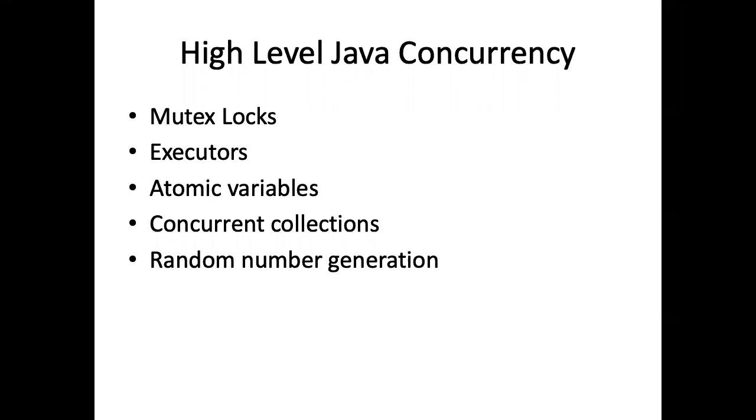But if you really need to get into fine-grained control and deadlock is an issue, then they gave you the option of using mutex locks. The second thing is they introduced this notion of thread pools and executors for thread pools, which we will be discussing today. Then they introduced atomic variables like increment and decrement counters,